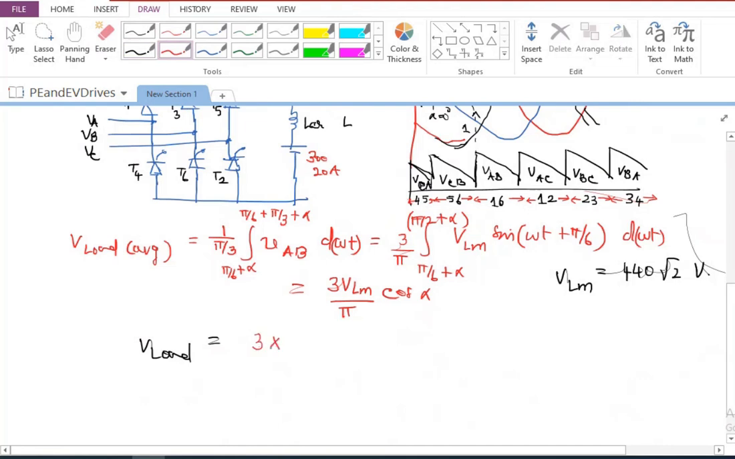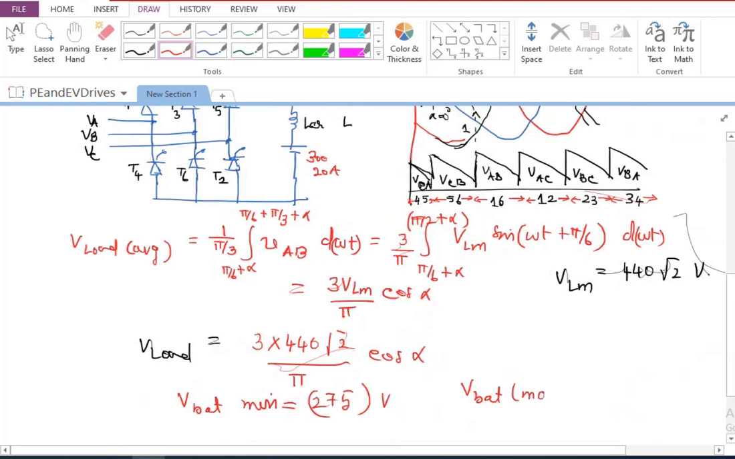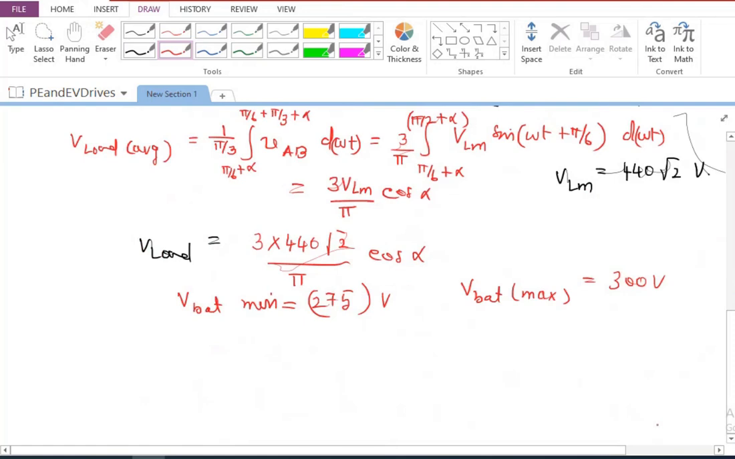So 3 times 440 times root 2 divided by pi cos alpha. This is going to be the load voltage. And we have the battery voltage. V battery minimum is going to be 275 volts. And V battery nominal or maximum is going to be 300 volts. So what we are looking at is V load